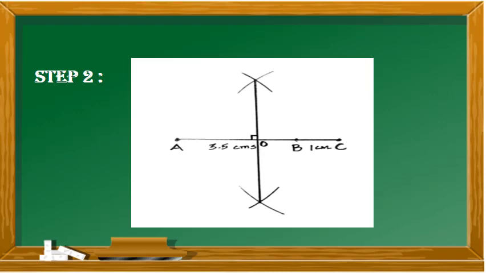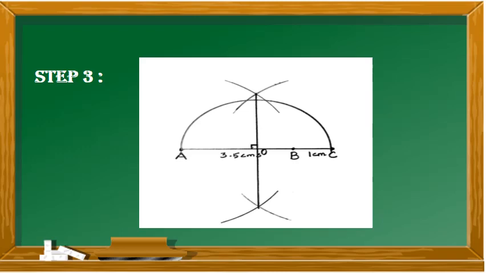How do you construct it? With the help of a compass and A as center, take 3/4 the measure of AC as radius, and cut an arc above and below. Place the compass needle at C and cut arcs on the previous arcs. Now join those two arcs above and below and let it meet AC at O. Now you have got the perpendicular bisector for AC.